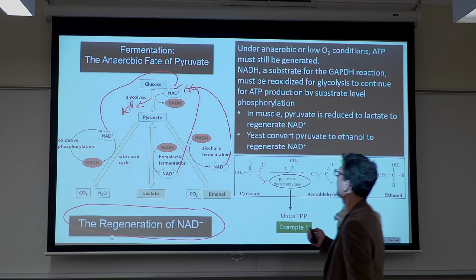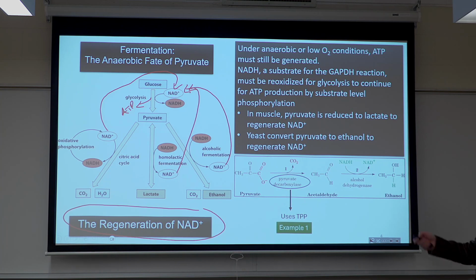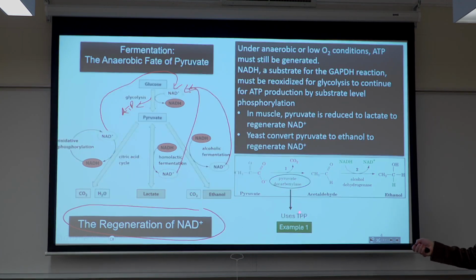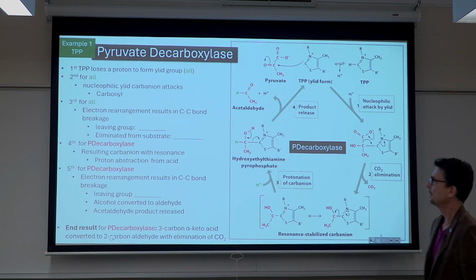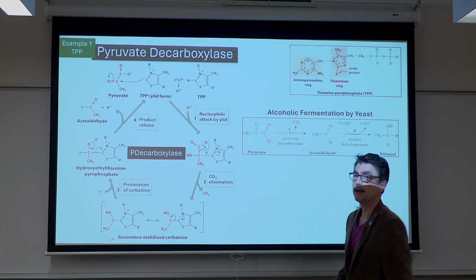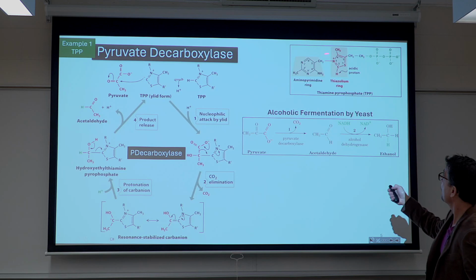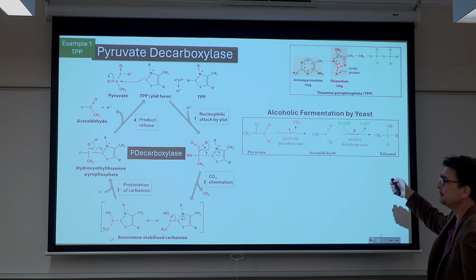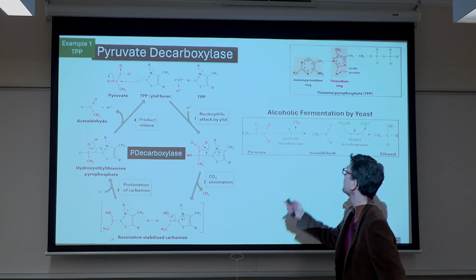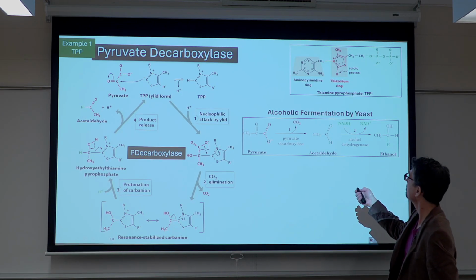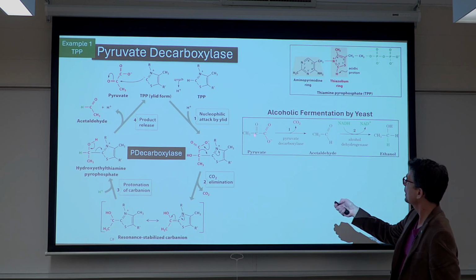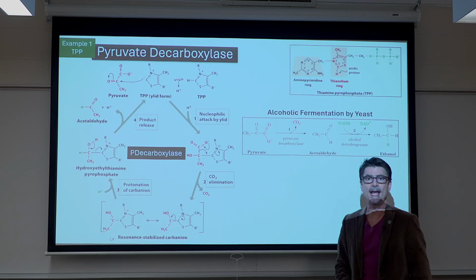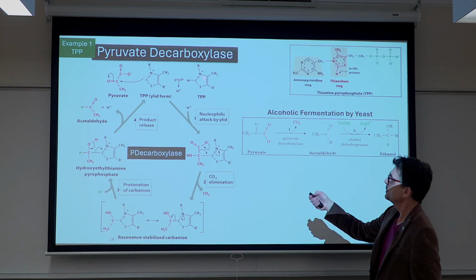Okay, so let's look at this step, which uses TPP. Now, let's get our bearings here. We have thiamine pyrophosphate up here. We know this is the acidic proton due to the electron sink there and a little bit of electron density being able to go to the sulfur atom. We know that what's going to happen is we're going to decarboxylate pyruvate to acetaldehyde. So first step,